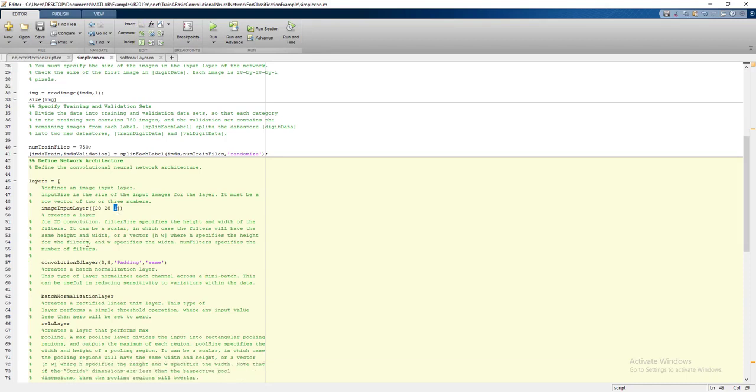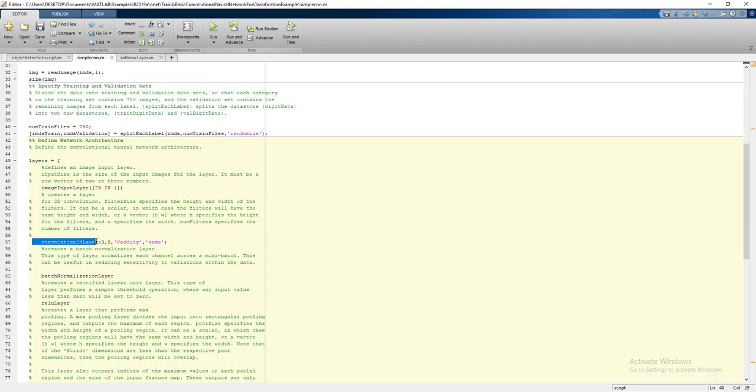Thereafter, moving forward, you add the first layer, the convolutional 2D layer. For the convolutional filter, the parameters are really simple in a convolutional neural network. First, you give the filter size, and thereafter the number of filters. Padding 'same' means the input size of the image and the output size of the image remain the same. 3 means it traverses the image with a matrix of size 3 by 3. The number of output filters will be 8.